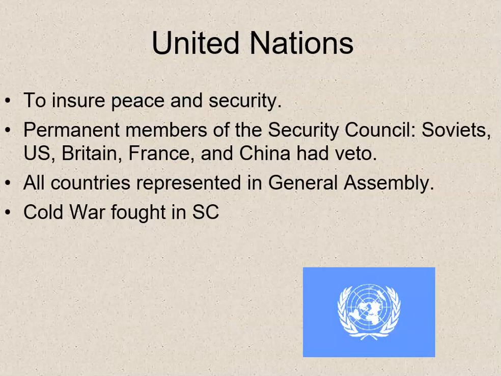The United Nations, once again, is kind of a redo of the League of Nations. It's supposed to be a forum to ensure peace and security. There are some members that are much more powerful and given a vote and a seat on the Security Council. This would be the Soviet Union, the United States, Britain, France, and China, each one of them having a veto over the others in weighty decisions that get made. All countries, though, are represented in the General Assembly, and the Cold War really gets fought in the Security Council